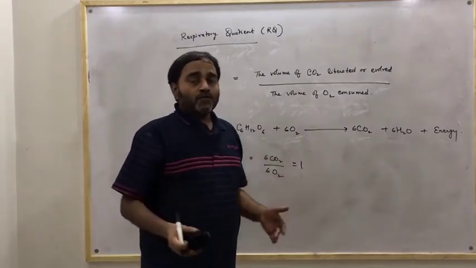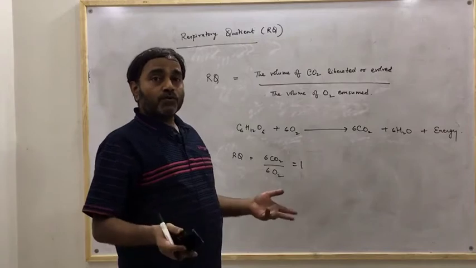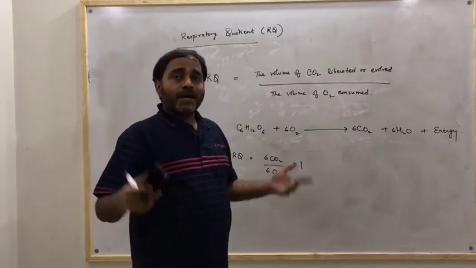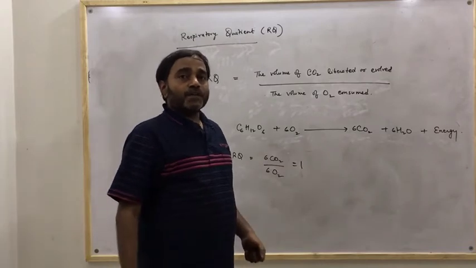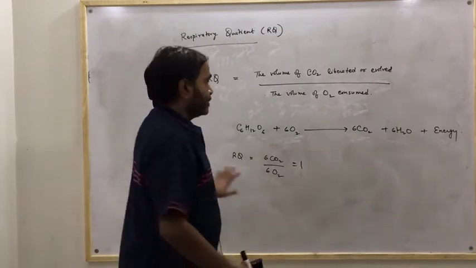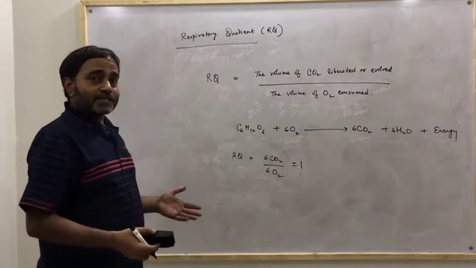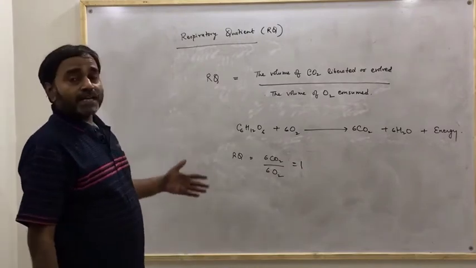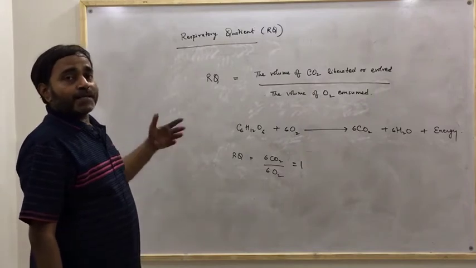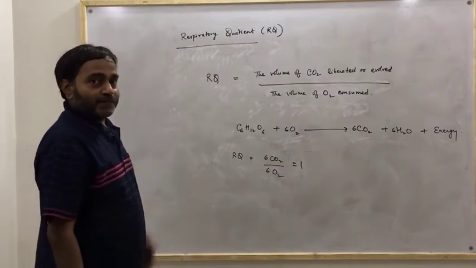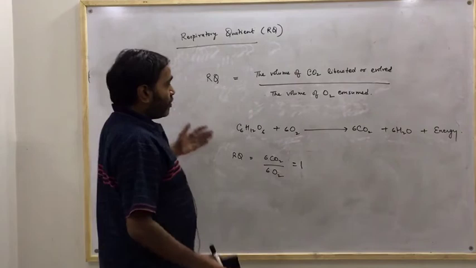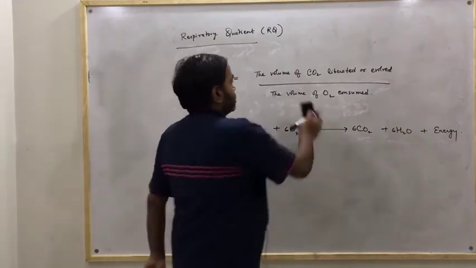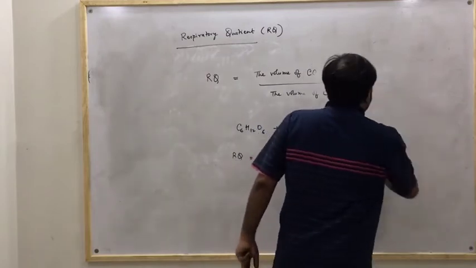So in this manner we can calculate the RQ value for different biomolecules which participate in the metabolism within our body. So it is a very important concept and also very easy to calculate, and by this we can estimate the basal metabolic rate of an organism. That's why it is very interesting. Now we will see how to calculate the RQ value for fat. Likewise, in the same manner we will calculate.